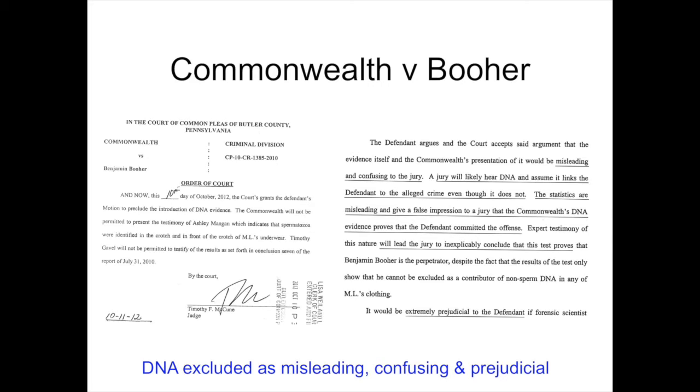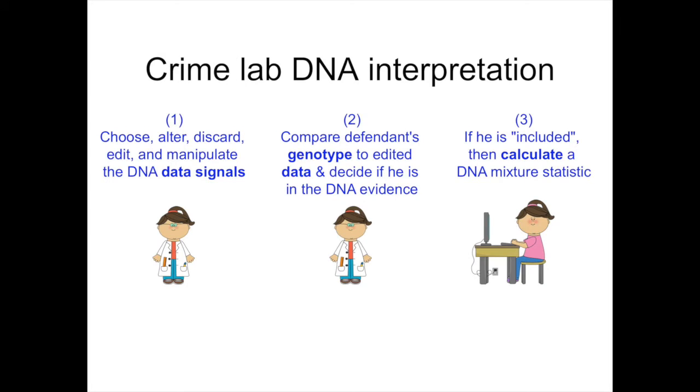So this case went up, I think, on an interlocutory appeal to the Superior Court, who agreed with the trial judge. And I think Mr. Booher, in the end, was not convicted. So if the DNA is not relevant under Rule 403, it may not be admitted. So I want to tell you a little bit more about crime lab DNA interpretation,